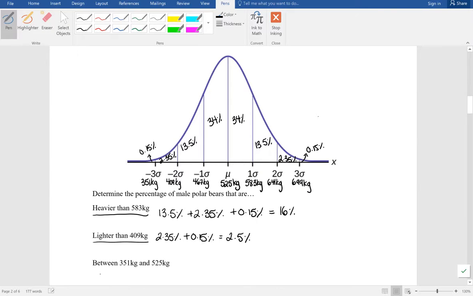Okay, last one. We're going to look at what is the percentage of polar bears that would weigh between 351 and 525. Just like before, I need to identify where on the normal distribution does this happen. Well, we're looking between 351, which is right here, and 525, which is right here. If I need to add in between all of these, I need to add all of these three percentages together. So we'll have 34% plus 13.5% plus 2.35%. And we're going to add that all up. What we get here as an answer is